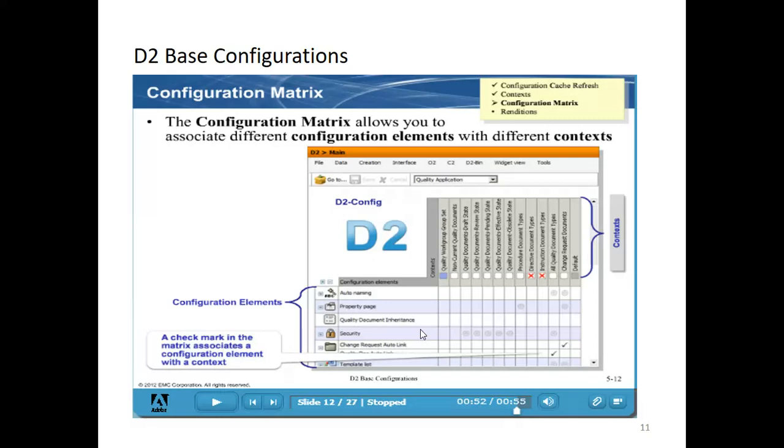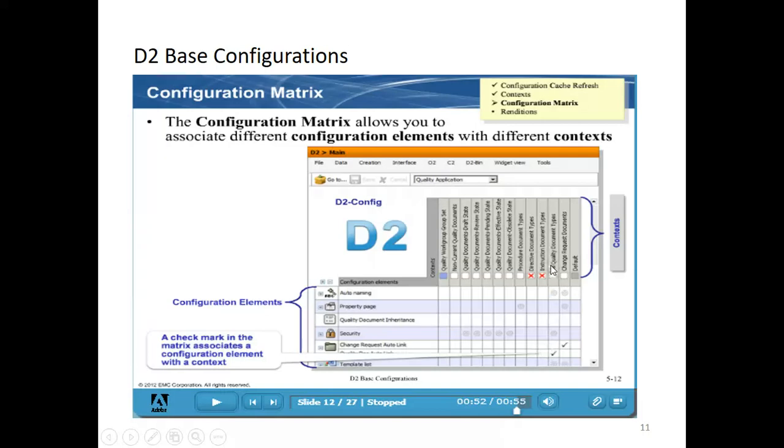The thing which is top to bottom is the configuration element on the left side. So this overall matrix is called the configuration matrix. On top you can see the application, the quality application name. This check mark represents that you have mapped this configuration element to this context. For example, you created a request auto link function. That auto link function will only apply to this context.